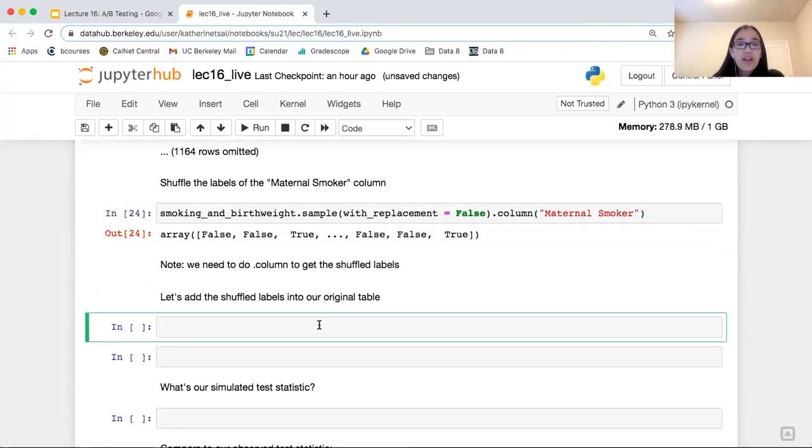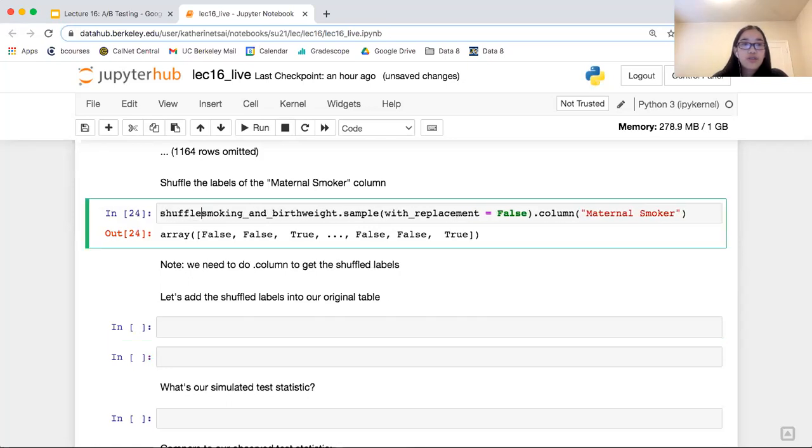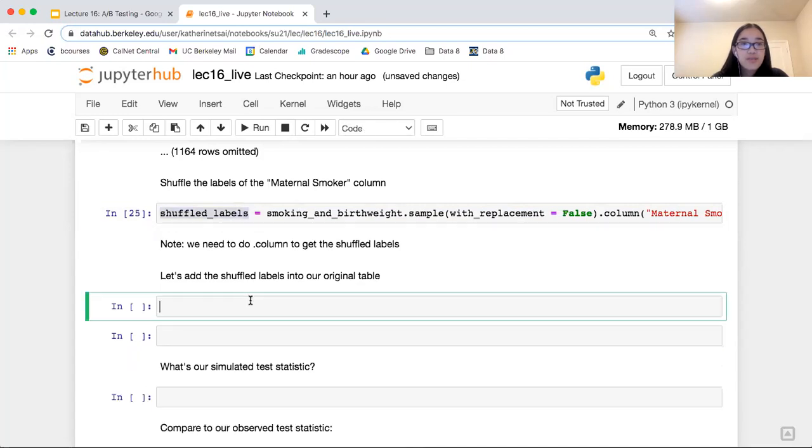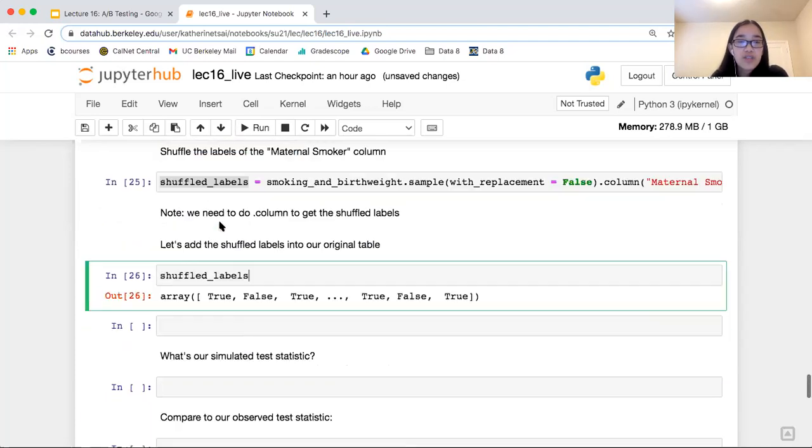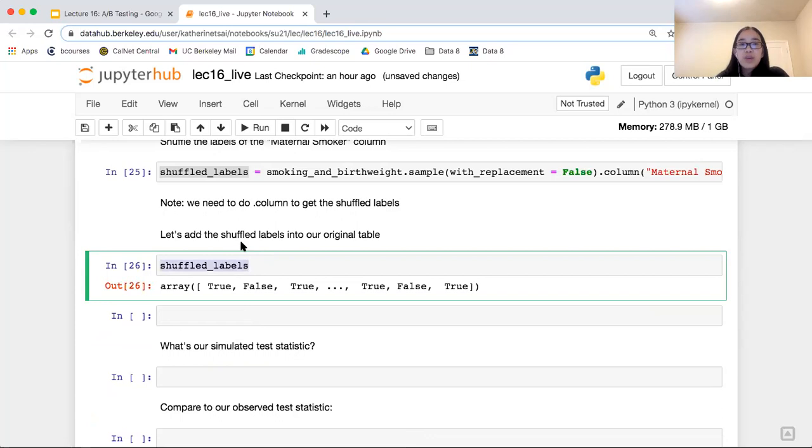And now let's try to add that back to our original table. Let's call this shuffled labels. Let me copy this. Again, our shuffled labels look something like this. It's just going to be those same values in a different order. Then we can add all of those shuffled labels back into our original table.